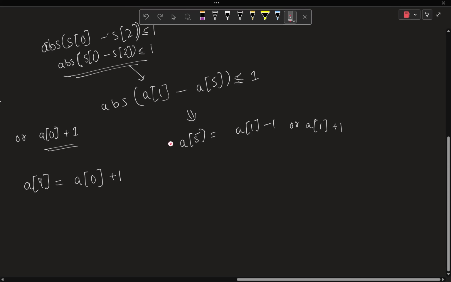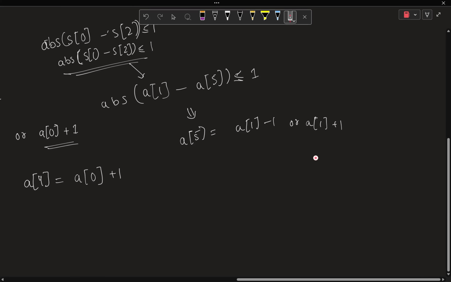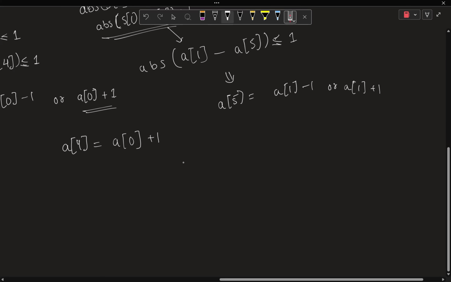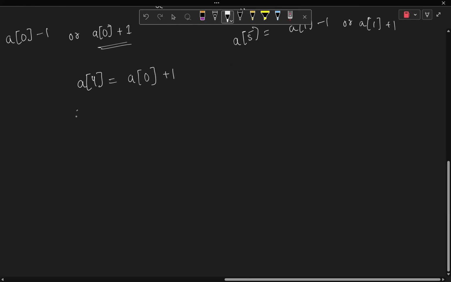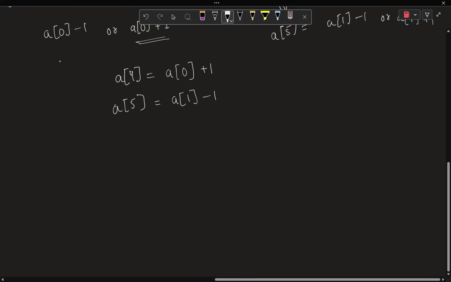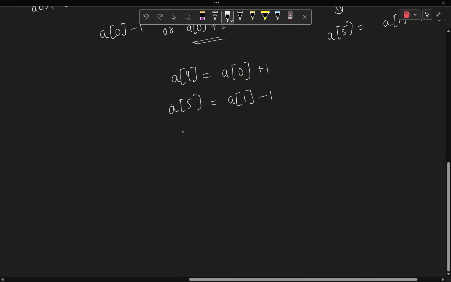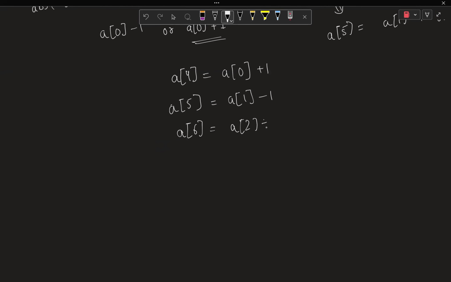We know that for a5, in case you had taken a4 to be 1 greater than a0, then a5 must be equal to a1 minus 1. And when you do the same thing for the next subarray, you will get a relation that a6 must be equal to a2 plus 1. Whatever you did in the last part, every time it is just getting reversed. You did plus 1, now minus 1, then plus 1, then you will have a7 equal to a3 minus 1,